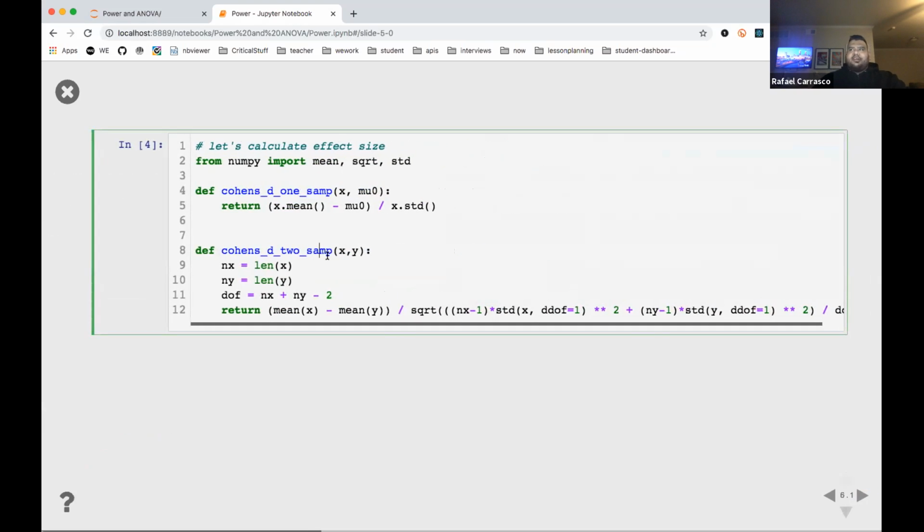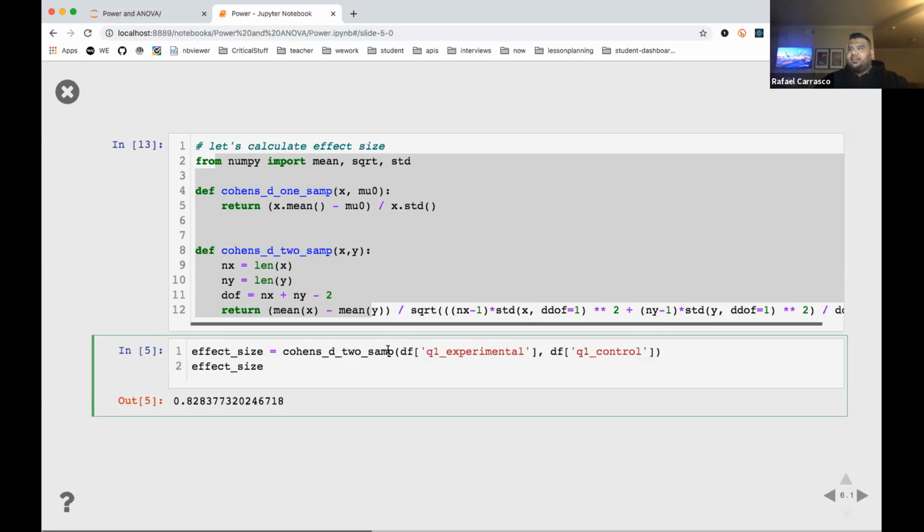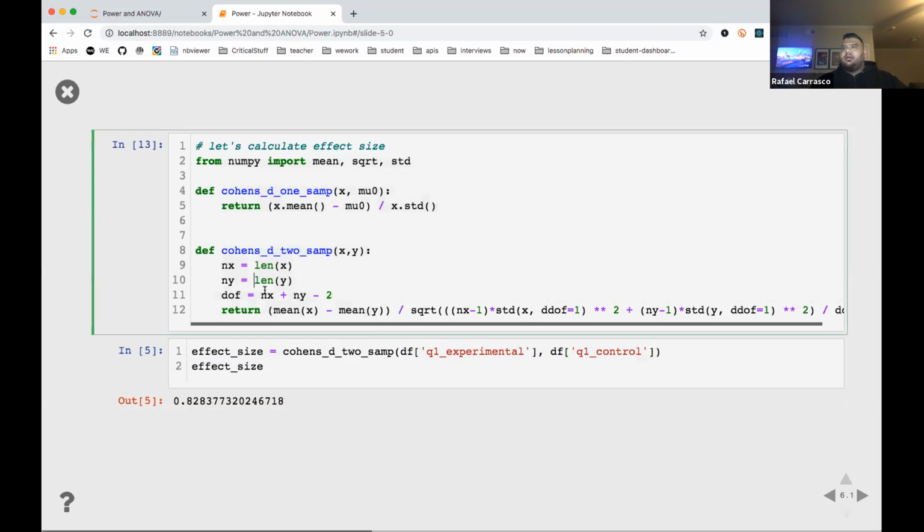So the next thing that we want to do is calculate effect size, and we're going to do this. We're going to create these two equations, and then we're going to go ahead and calculate the effect size of our Q1 experimental and Q1 control. Now, I do want to say this on effect size real quick. I didn't mention this last time, but if you notice, this